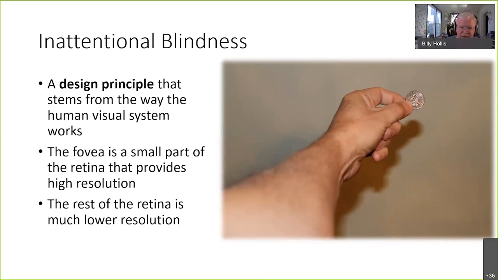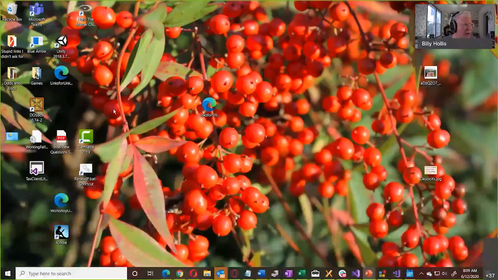To get an idea of the size of the fovea, hold a typical pound coin or something like that at arm's length, or a bottle cap is about the right size. A full moon overhead on a clear night is about the right size. That's really all the high resolution you've got. So the way it's really working underneath, let's bring up my